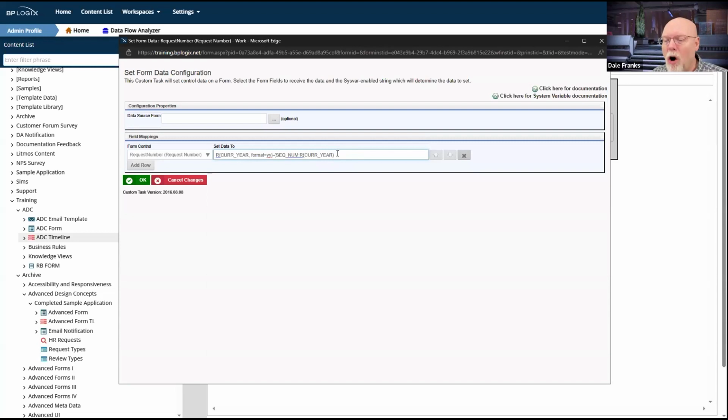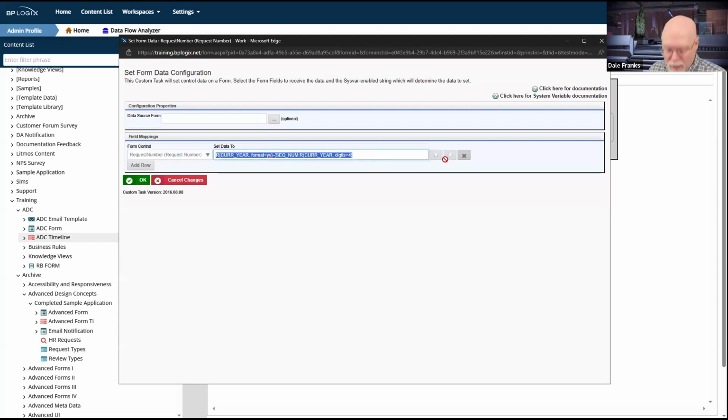So I'm going to call this sequence, I know it doesn't exist anywhere on the system, R, and then I'm going to use current year, which will be, for this year, translated as a sequence number group of R2024. And then on January 1st, it'll be R2025. And so it'll restart my numbering at 1 on January 1st. That's great. That's exactly what I want. The only thing I want to be sure is that I have the right number of digits here. And so I'm just going to go with digits equals 4.